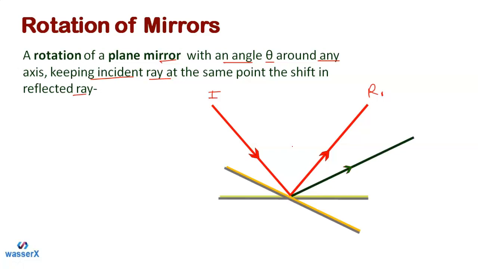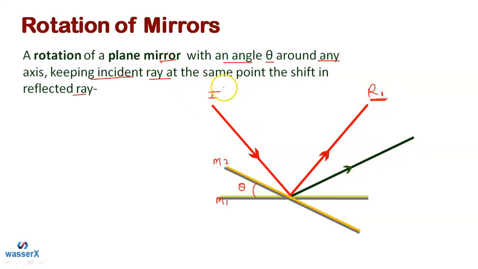Now, when we rotate this mirror, this is the mirror, let's say M1. If you rotate this mirror, let's say now this is the new position of M1, which I'm writing here as M2. So let's say the mirror is positioned from M1 to M2 by making an angle of theta, so the reflected ray will now shift. This was the previous reflected ray, right?